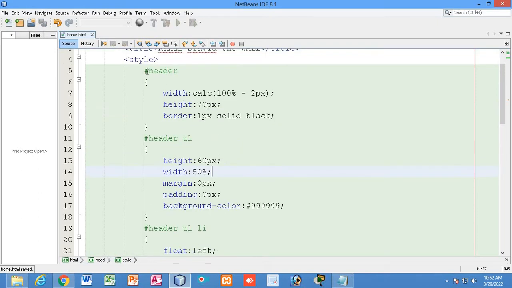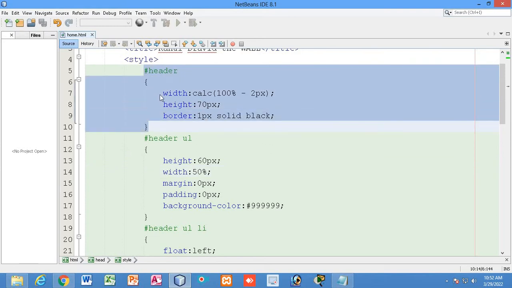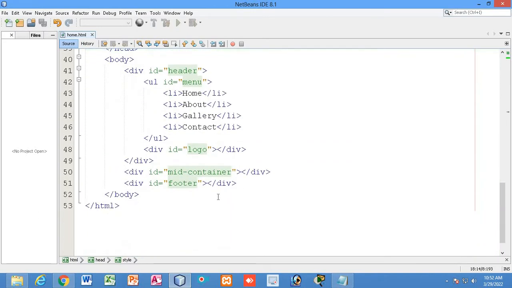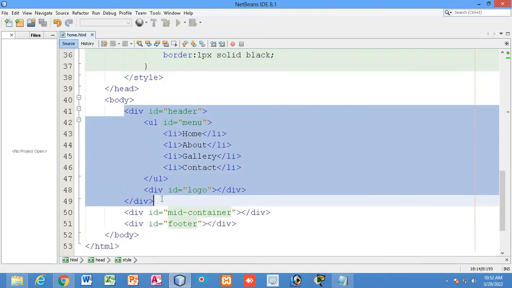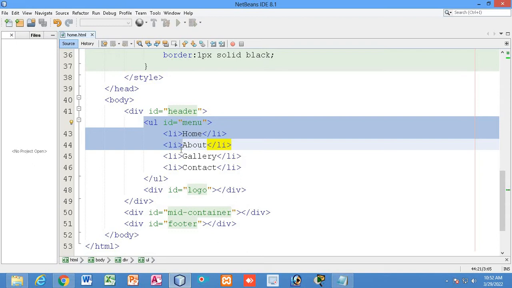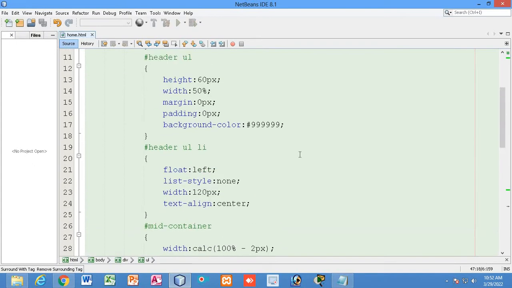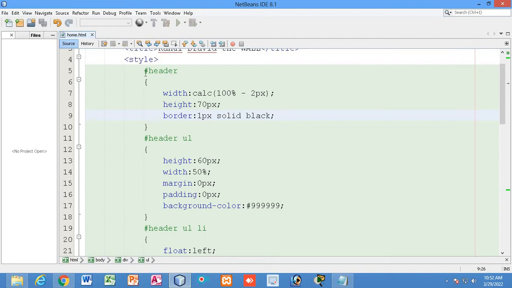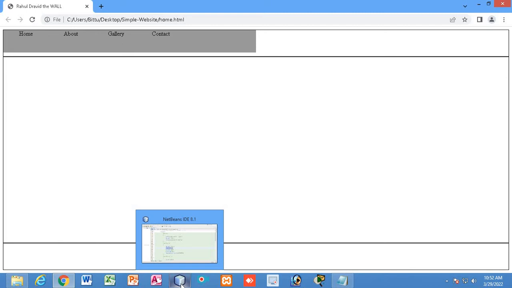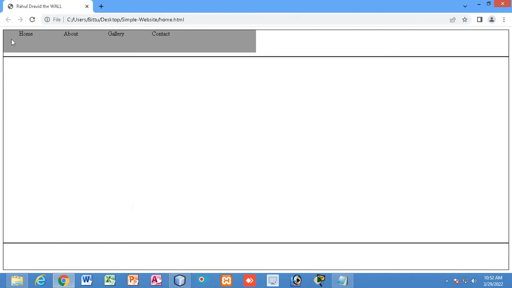50% of what? This is the container, right? Header is the container. Inside the header we have got the UL. So you can see out here, this header is the container, and inside the header we have got this menu, that is the unordered list. So with respect to the width of the header container, it will occupy 50% width, that you can see now, right? Now to understand how much height and how much width each of these li occupies,